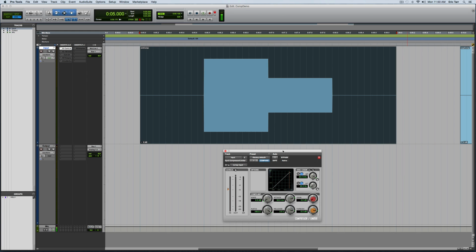This is a follow-up video to a tutorial that I made previously about analyzing compressor plugins. In my first video, I demonstrated how you could visualize and understand the basic parameters of a compressor, things like the threshold, attack, release, and ratio. So if you want to understand the basic setup of what I'm working with here, make sure to check out